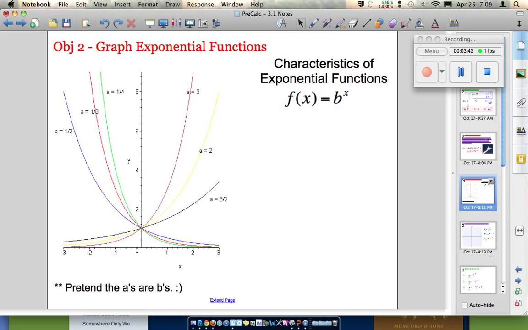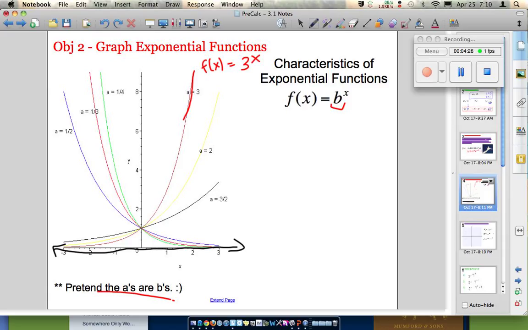Okay, so here's a variety of graphs. Notice, pretend the a's are b's. In this picture, all these a's really represent the b value. So this line right here is f of x equals 3 to the x power. Notice a few things. We have a lot of similarities between all six of these lines. We see an asymptote occurring at the x-axis. They are all getting exceedingly close to the x-axis. So think about why that is. What happens as x gets